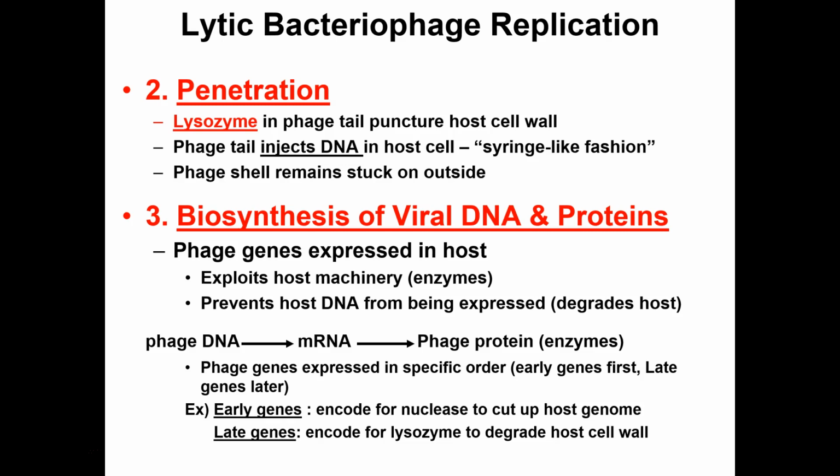Now the penetration step is very clever. Okay, this is where bacteriophages are very different from animal viruses. Because for a bacteriophage, imagine you've landed on the surface of E. coli. You got to deal with one big barrier, the cell wall. Right? When I talked about peptidoglycan in the past, I said it's like stacking and welding chain link fence, and I meant it. So you're a virus, you got to get through all those layers of chain link fence. How do you get through that peptidoglycan? You're going to use a ridiculously clever enzyme, lysozyme.